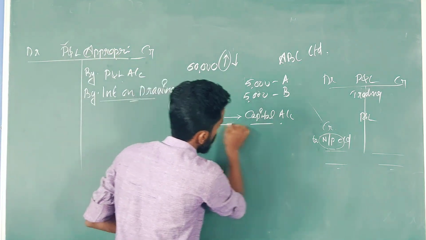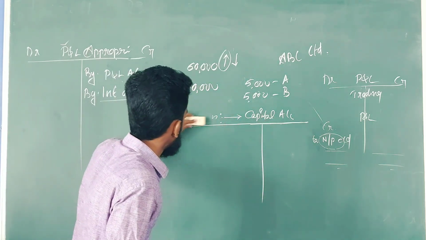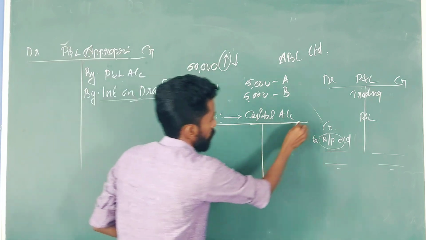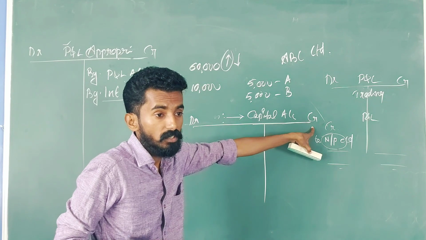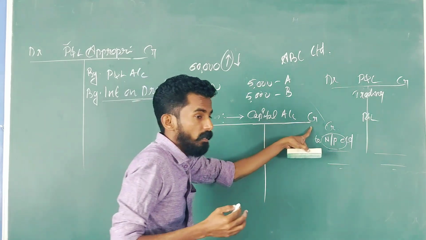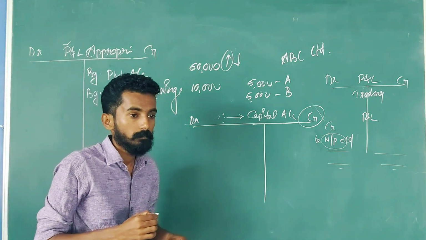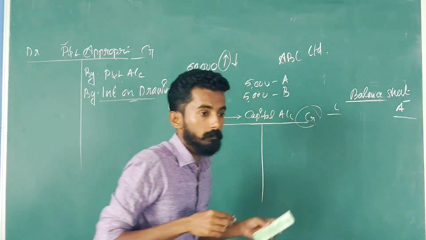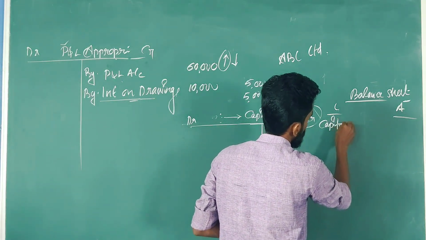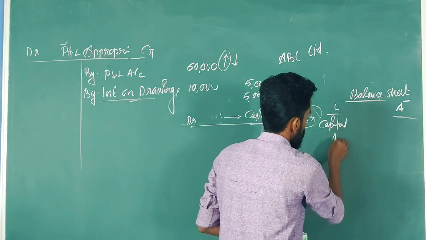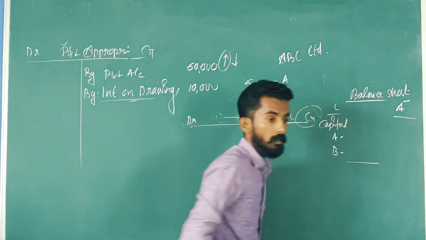See, I am going to prepare the capital account. We have two sides, debit side and credit side. Capital account shows which balance? Credit balance. Why? What is the reason behind why the partners' capital account shows a credit balance? Capital will come under the liability side. Here we are going to write the capital. Correct? Here two partners are there, A and B. Outer column the total. This is the format.